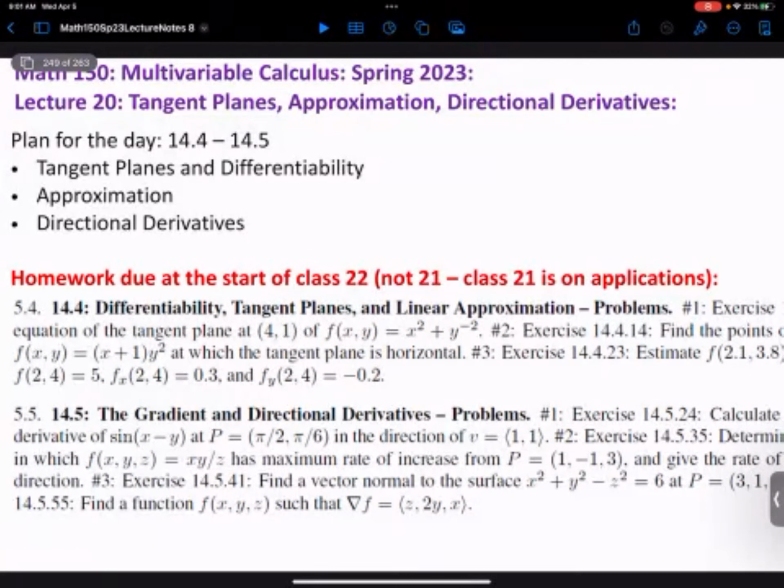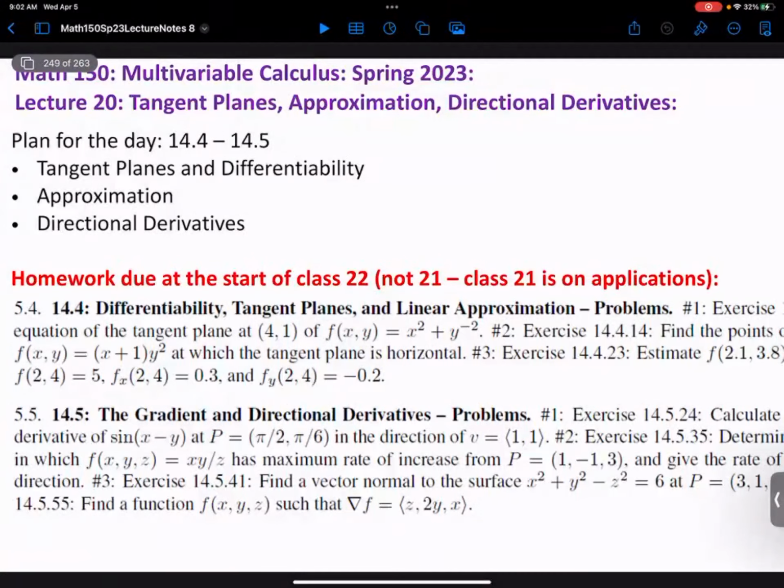As you go to more and more variables, it becomes the tangent hyperplane, and that's going to be our definition of the derivative. The tangent hyperplane does such a good job of approximating that when you subtract your approximation from where you actually are, it's so close that even when you divide by how much you moved,